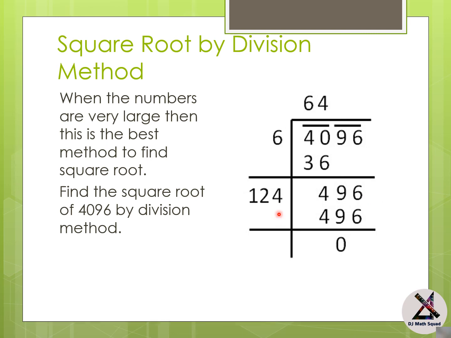So I tried it with 121 into 1, it will be 121 only. When you try with 122 into 2 and 123 into 3, you will get some number which is lesser than 496. But when I did 124 by 4, I get the exact number. It means I have to write 4 here. So the square root of 4096 is going to be 64, because when you are subtracting it, you are getting a 0. Right? Now this method seems to be a little confusing in the beginning, but when you practice it, it will be clear to you.